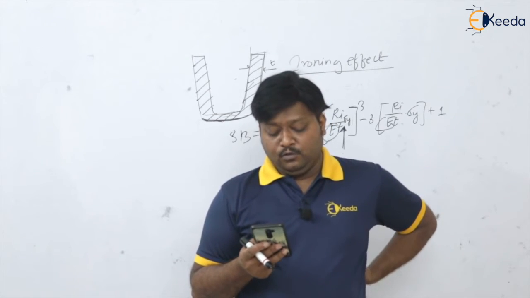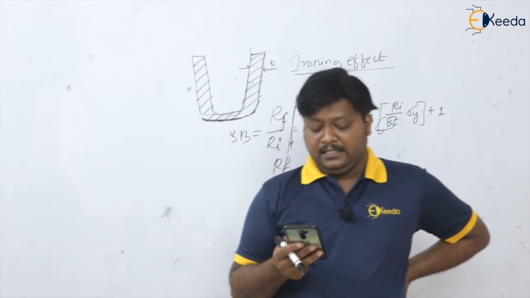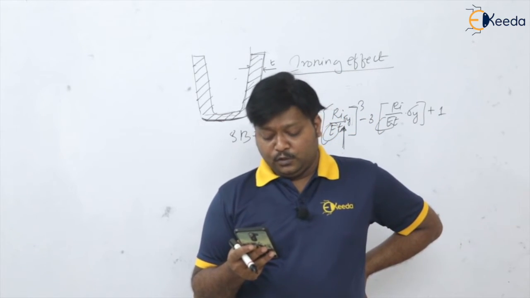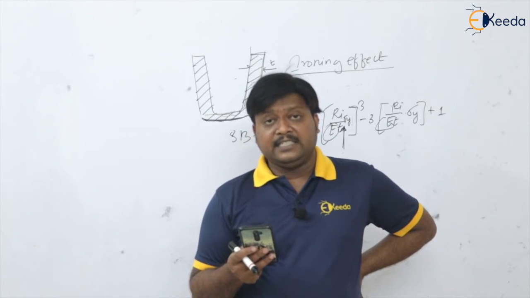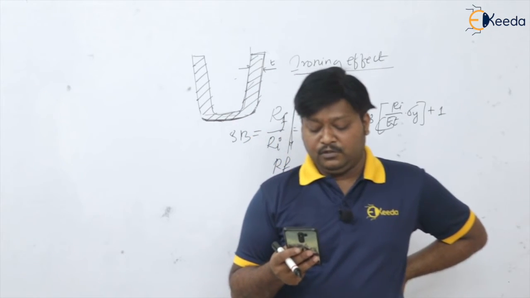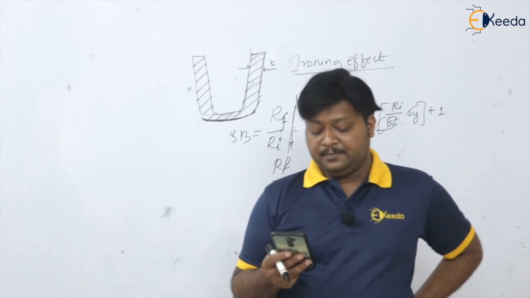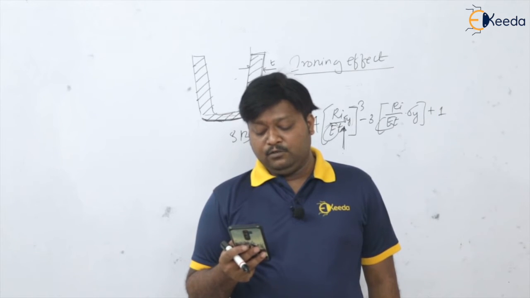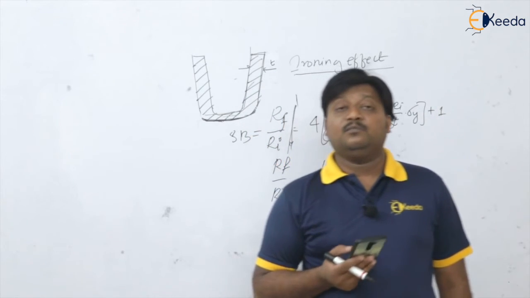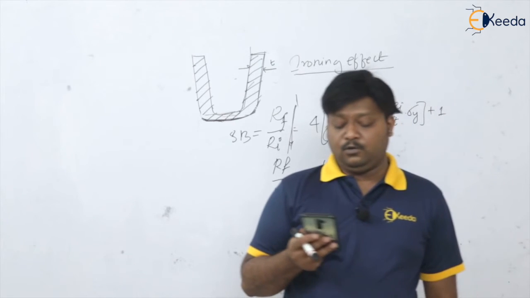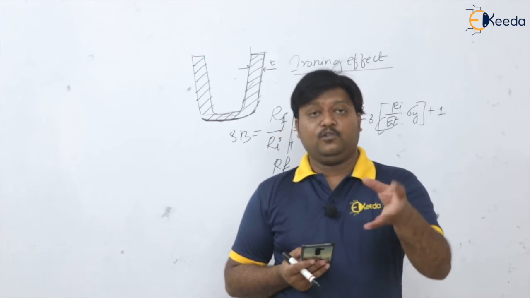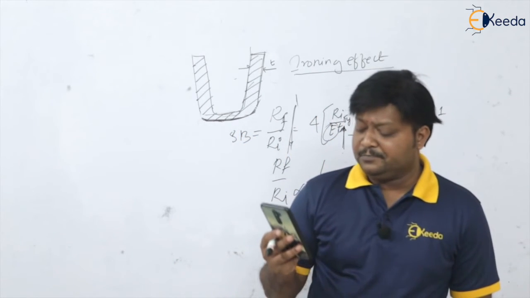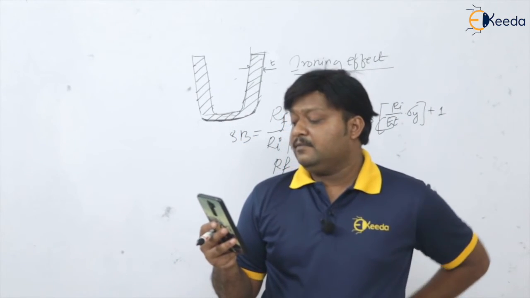Okay, so the options are: produce a balance between the stretching and drawing. Option B, produce a circular groove on the flange. Actually this is the technique to provide the draw bead. Option C, reduce the drawing load. Option D, reduce the wrinkle on the flange. So wrinkles on the flange are reduced by using this draw bead. And we have seen the diameter of the draw bead, generally 13 millimeter to 20 millimeter. We have seen this. Next question.